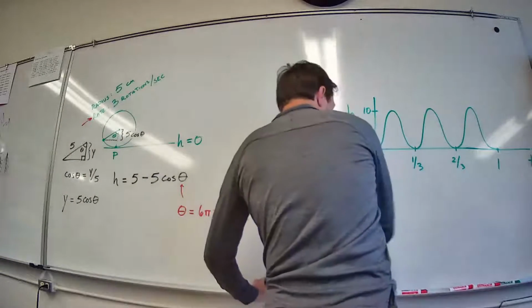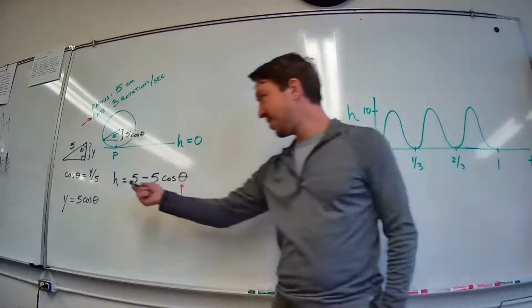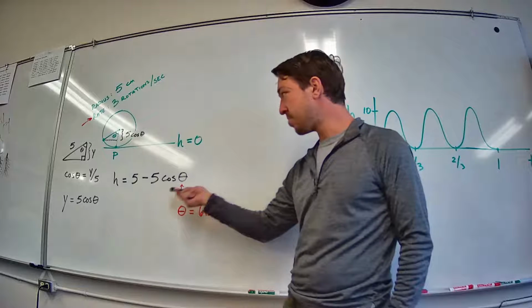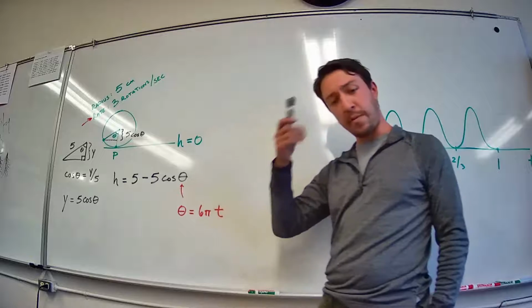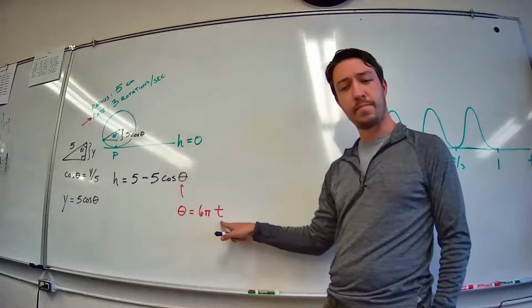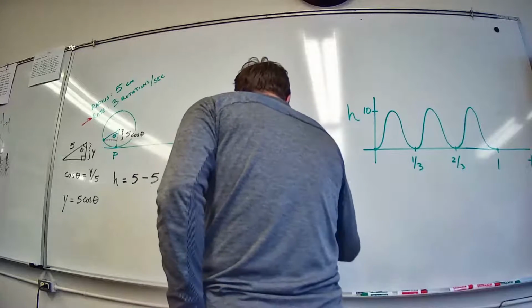We almost have it. Well, we have a formula for height in terms of the angle. If you know the angle, then the height is just 5 minus 5 times cosine of that angle. And now we also know that angle really is just a multiple of time. So therefore, the formula is